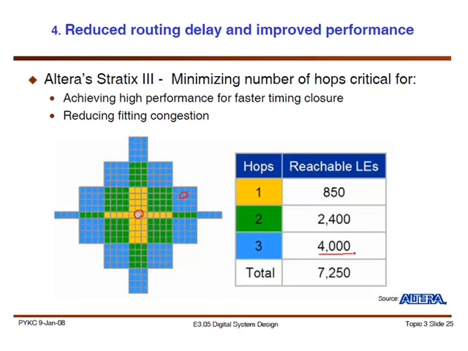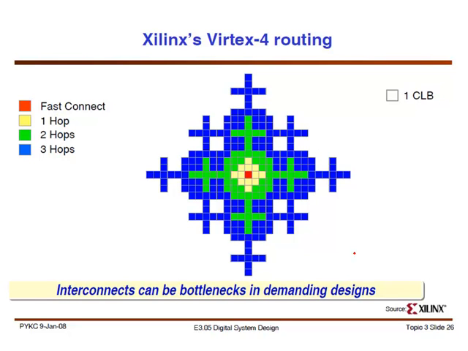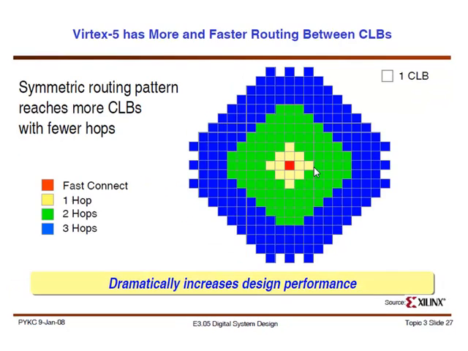So this is one architecture that they had in Stratix 3, and this is Xilinx's Virtex 4. In Virtex 4, they didn't have any diagonal routing. So in order to reach a logic, let's say here, they had to go through 3 hops. And you can see that this is far from a Manhattan distance delay, right? So this looks nothing like Manhattan distance, and that's one of the reasons that doing analytic placement for FPGAs becomes challenging. But the good news is with Virtex 5 and their providing of the diagonal connections, this looks a whole lot more like